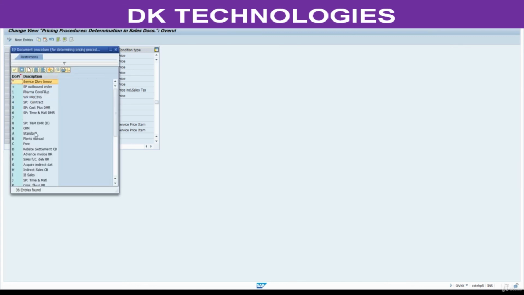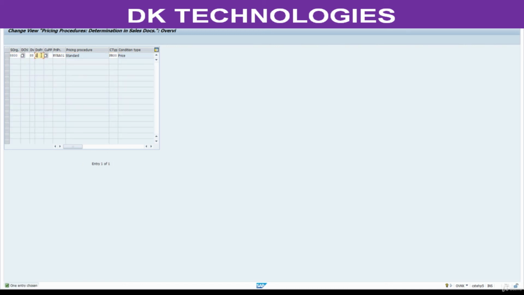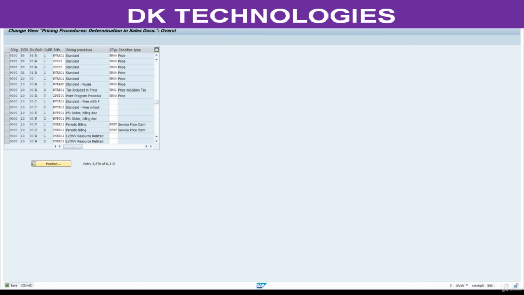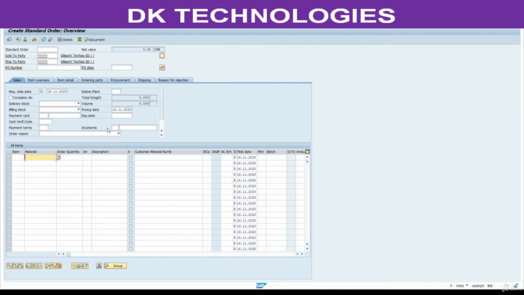A indicates standard. We selected here 1. We made the mistake there. So what we will do, we will copy this. Here I will change this to A. Press enter. It will determine now.